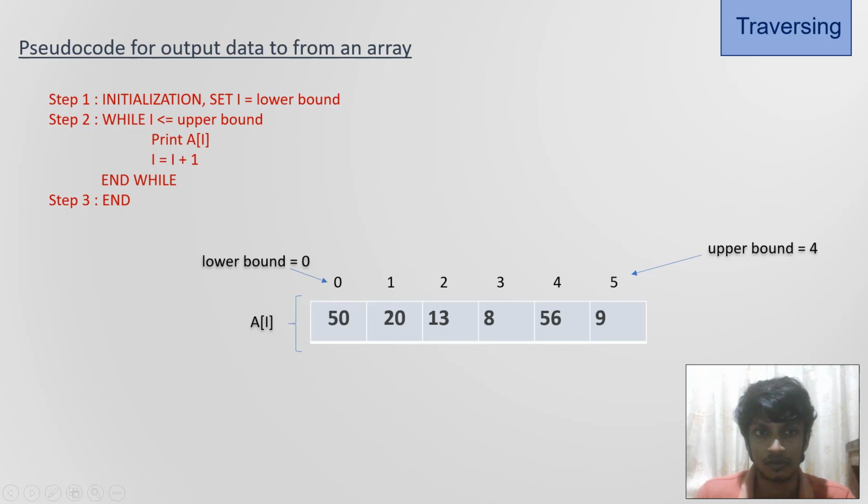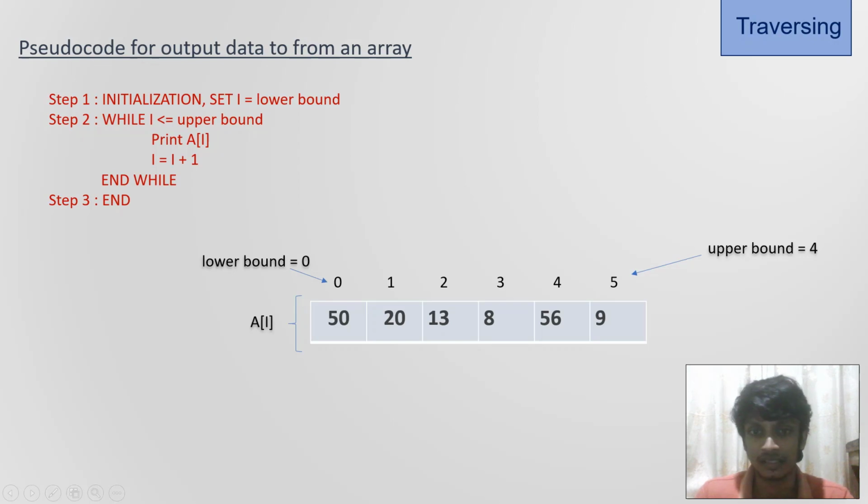So now I is also less than the upper bound, which means the condition is true. So the while loop happens, which means it again prints A[I]. Now it is printing A[1], which means 20, and it again increases the value of I.